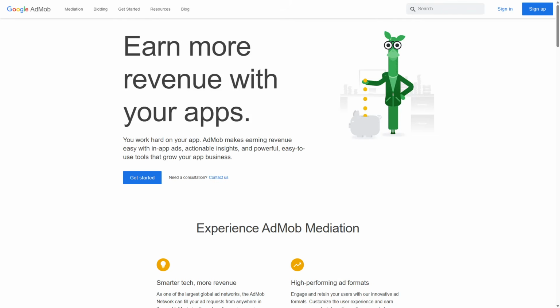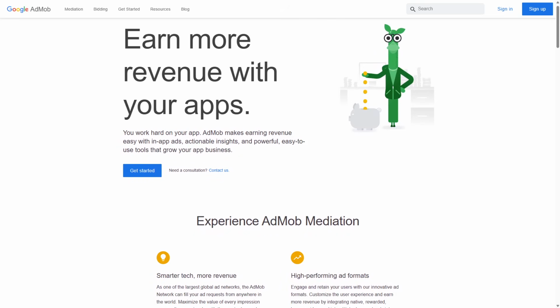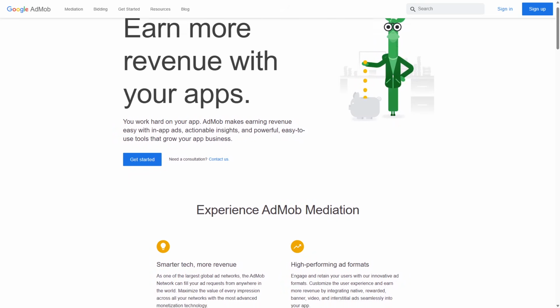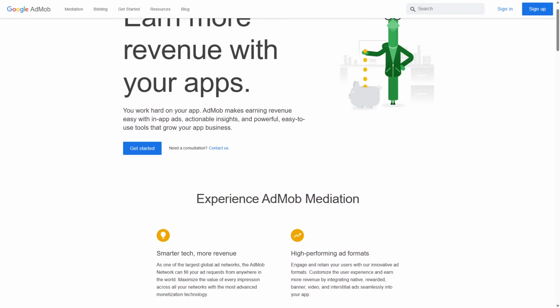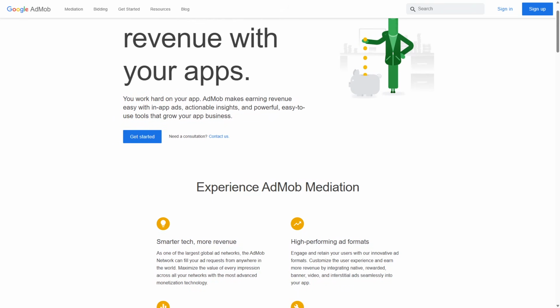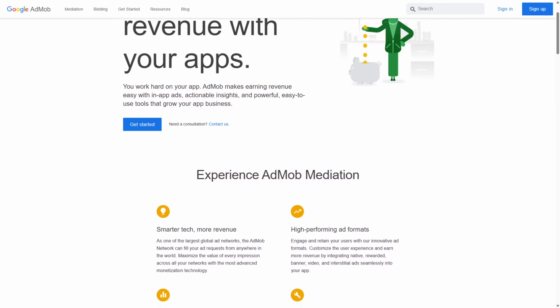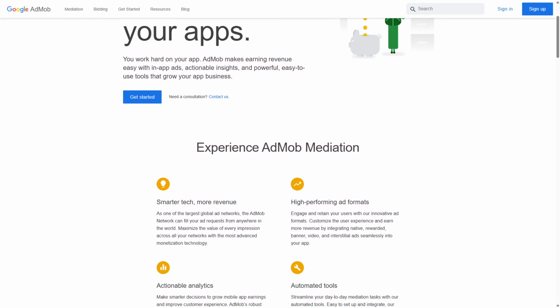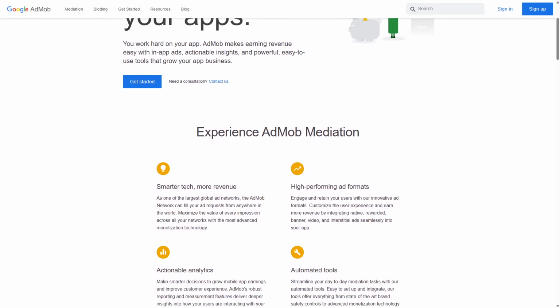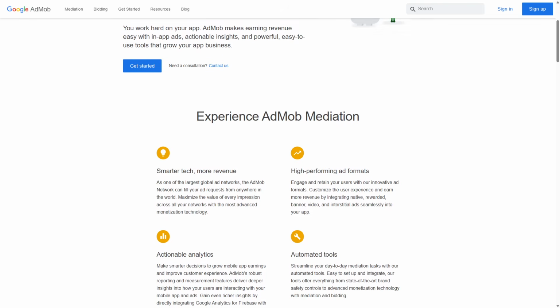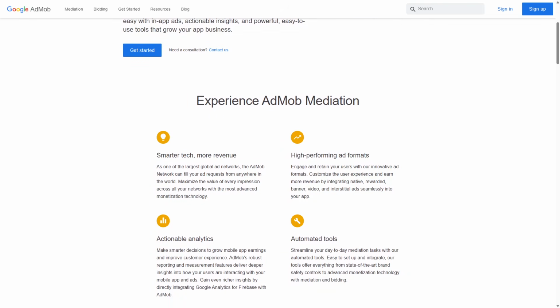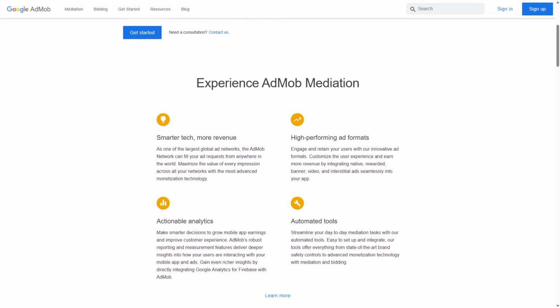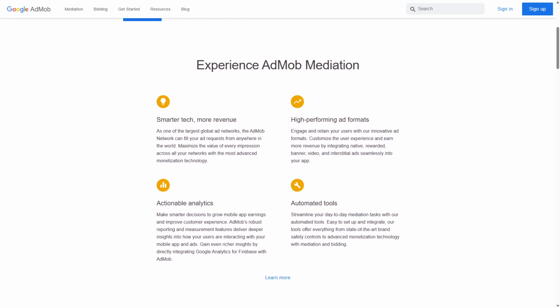Google AdMob is a mobile app monetization platform that integrates ads seamlessly into Android and iOS apps. It works by serving personalized ads within app interfaces, including banner ads, interstitials, rewarded videos, and native ads, optimized for mobile user experiences. AdMob leverages Google's robust ad network and mediation features to maximize revenue by automatically selecting the highest-paying